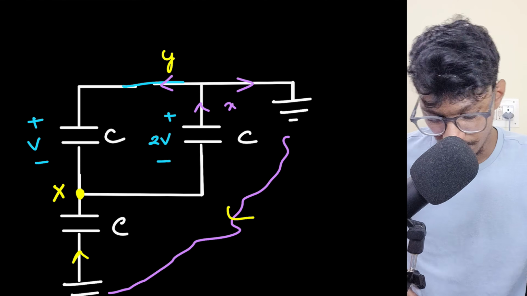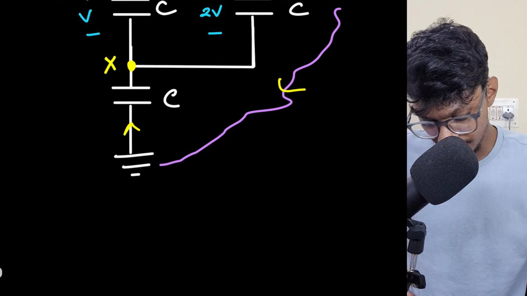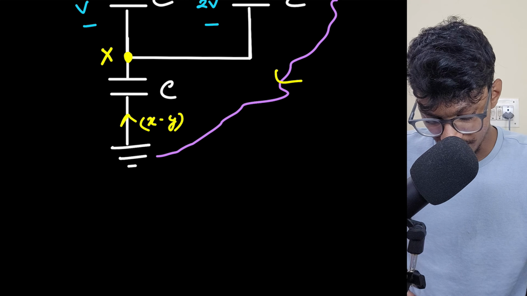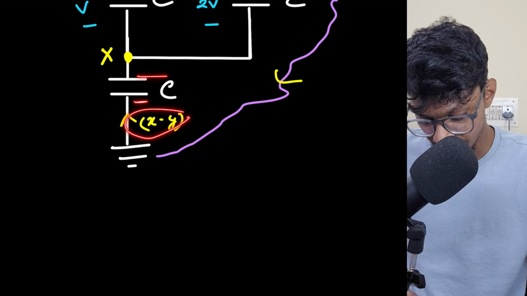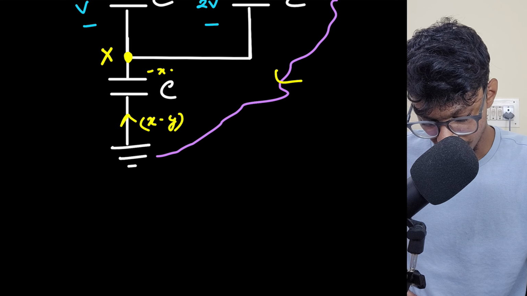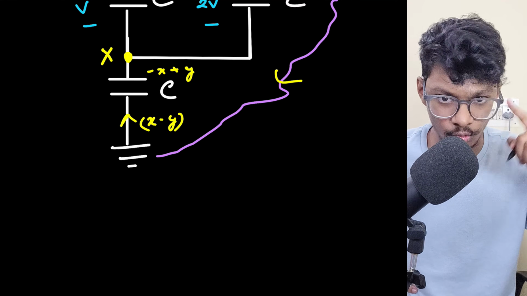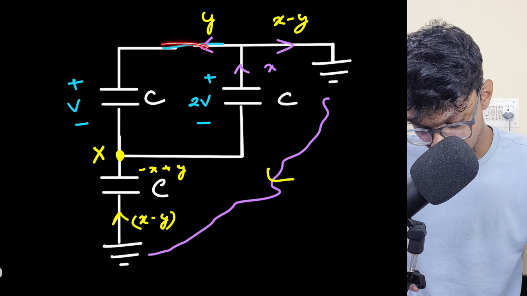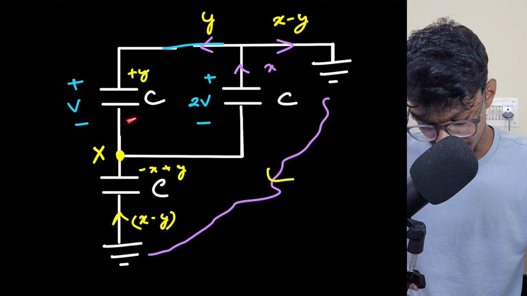Simple KCL. Okay, so it will be X minus Y. Here, how much charge is coming in? Actually X minus Y. And how much charge will leave here? So if this plate is X minus Y, this plate will be minus X plus Y. Just the opposite, right? Because the summation of overall charge on the 2 plates of the capacitor should be 0. Now here Y charge is incoming, so this is plus Y, and here